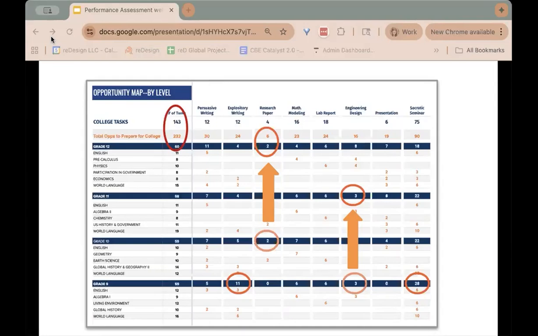So you begin seeing English is going to hone in on a few kinds of writing tasks in 9th grade and a few in 10th grade and 11th, but other people will be handling persuasive writing as well, global history in 9th grade, earth science and global history in 10th grade. The numbers of opportunities to practice persuasive writing stack over time, but only if it's shared across disciplines or across departments or teams, whatever your structure is.